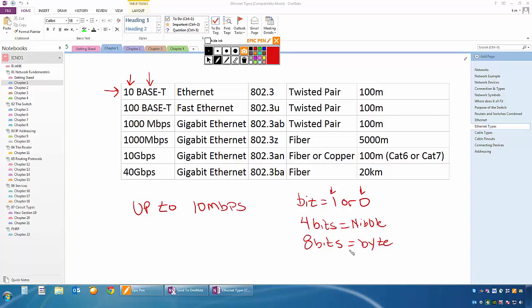So a byte equals 8 bits. If I say I have 1 byte, that means I have 8 bits. If I say I have 8 bits, that means I have 1 byte. But everything we do in the networking field is bits. Everything is bits. So now, what happens if I have